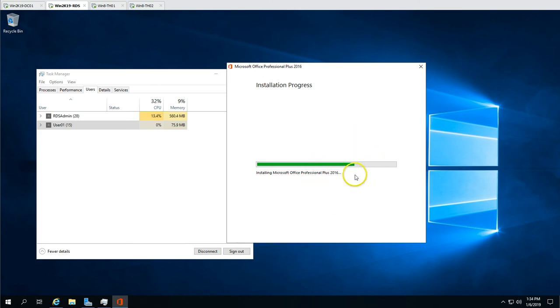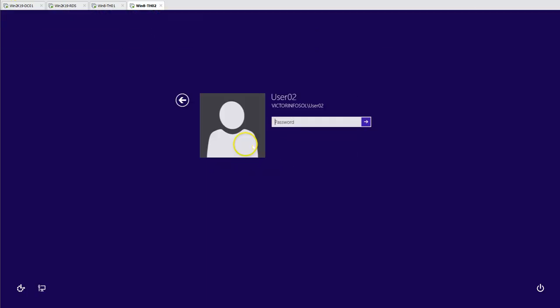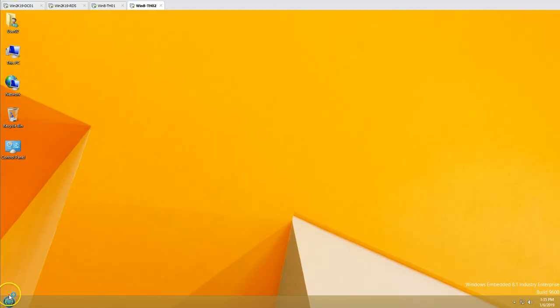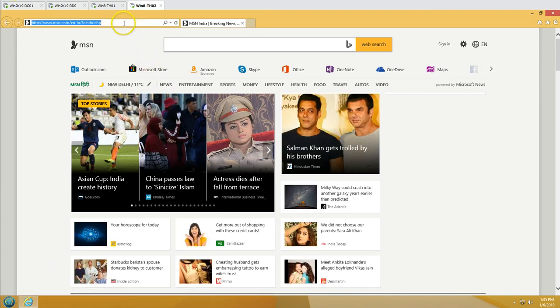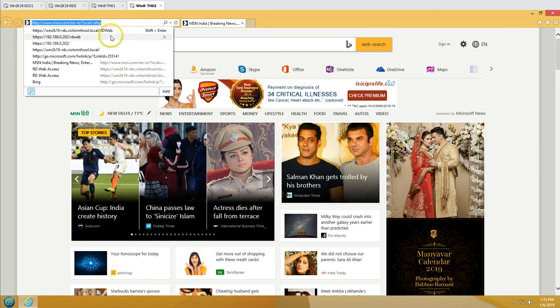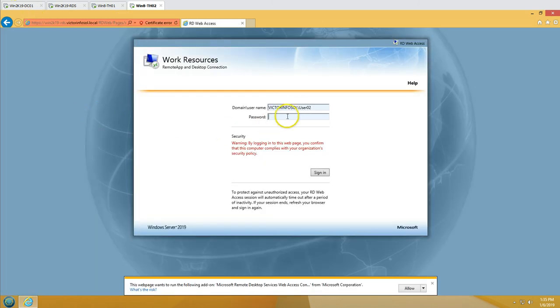So let's wait for this installation to get finished. Installation is almost 70% completed, so it's going to take a few more seconds, I guess. Till the time installation is going on, let's try one more time to run the application from this thin client 2. I have rebooted this machine. Now I'm going to again open Internet Explorer and open RD Web. Now you can see this is able to resolve this address, and I'm going to type my credentials here,